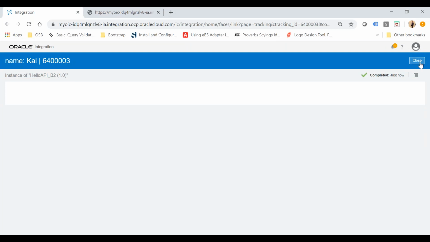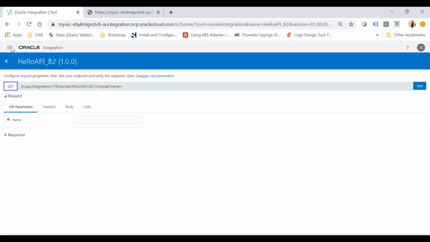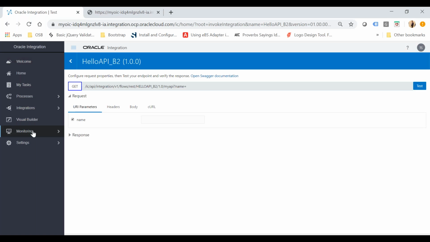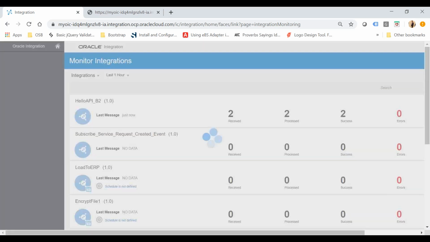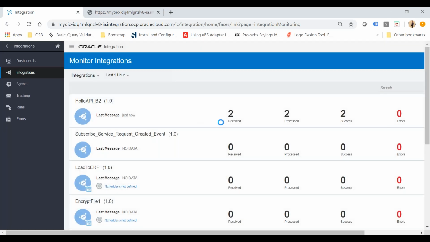So let me just close this, but I will show you how we have opened this actually. Just go to the monitoring tab and then integration. This integration page will show all the integrations, and corresponding to each integration it will show you